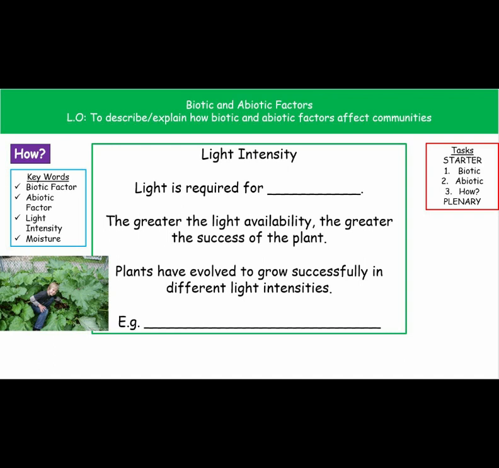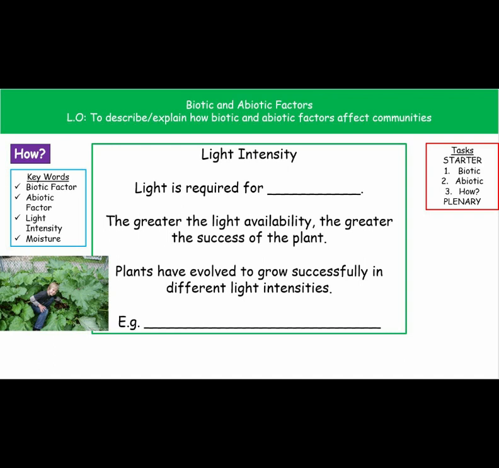And a really good example of one that's evolved to grow in quite low light intensity is rhubarb. And you can see a picture of rhubarb in the bottom left there. Now, the leaves on rhubarb are really quite large. And the reason they're big is because this is a plant that's actually evolved to grow in shady areas. So by having a much larger surface area of the leaf, it can trap a lot more of that light energy in order to carry out photosynthesis. So I'd suggest as an example for our evolution, we can put rhubarb, which has evolved to grow in low light intensities by having